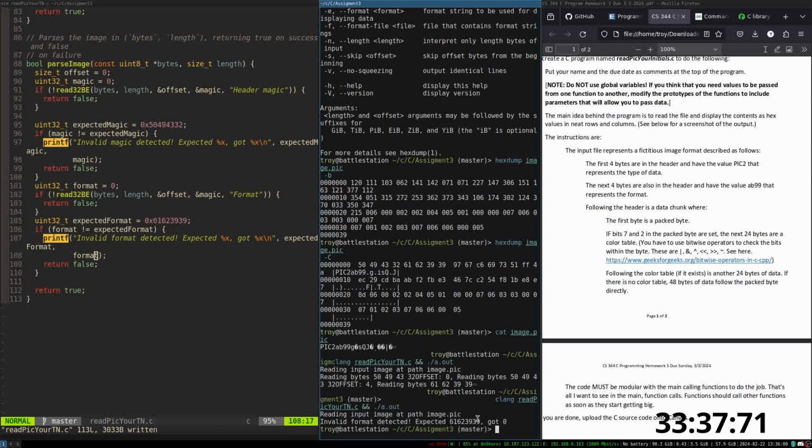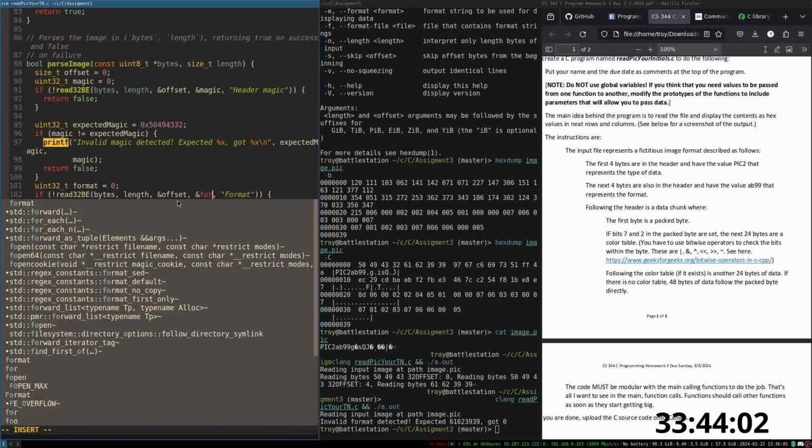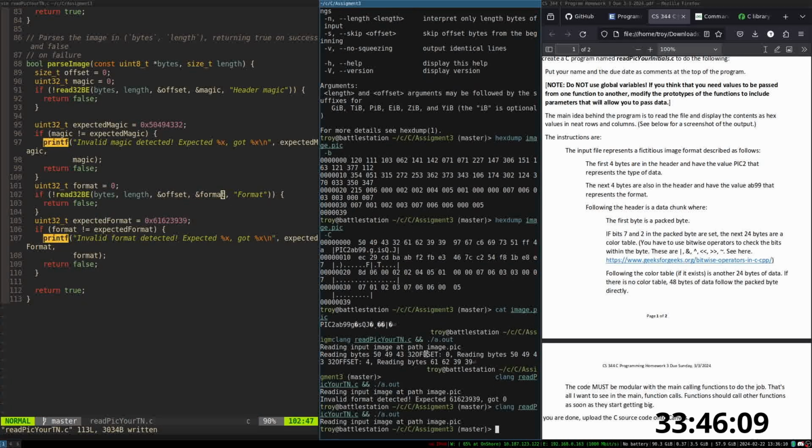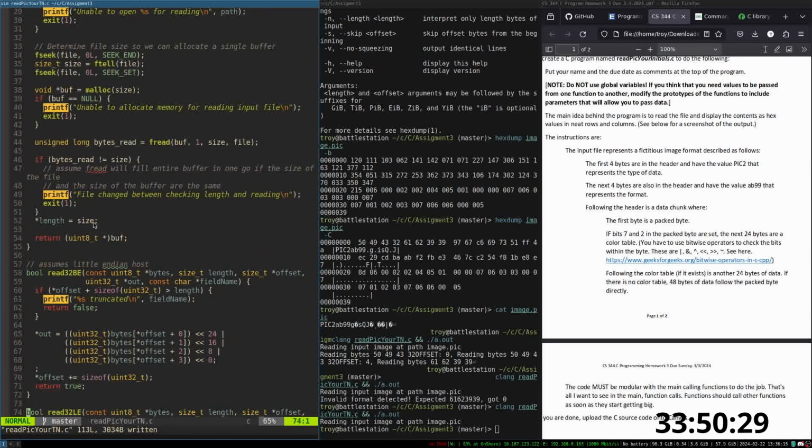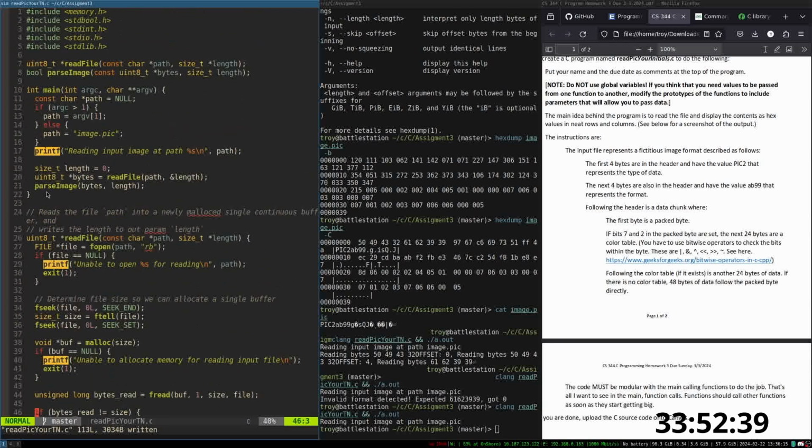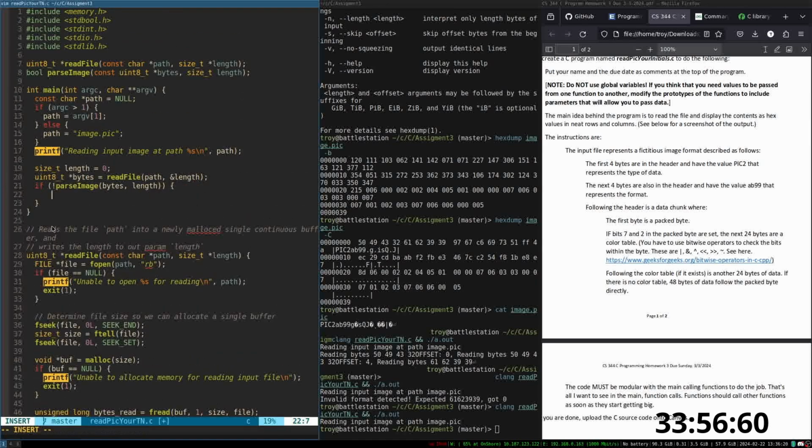Okay, got 0. This is still magic. This should work now. Okay, yep, so we're getting to the bottom here, the return true. We also do want to print out here where we actually read it. So if this fails,